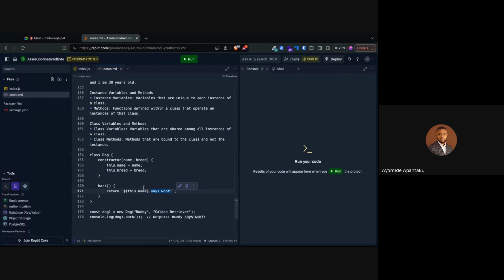So now this variable name and breed is shared across every instance of this Dog class. So if we come here and call, for example, dog1, which defines new Dog, Buddy, Golden Retriever, and we come here and call dog2,